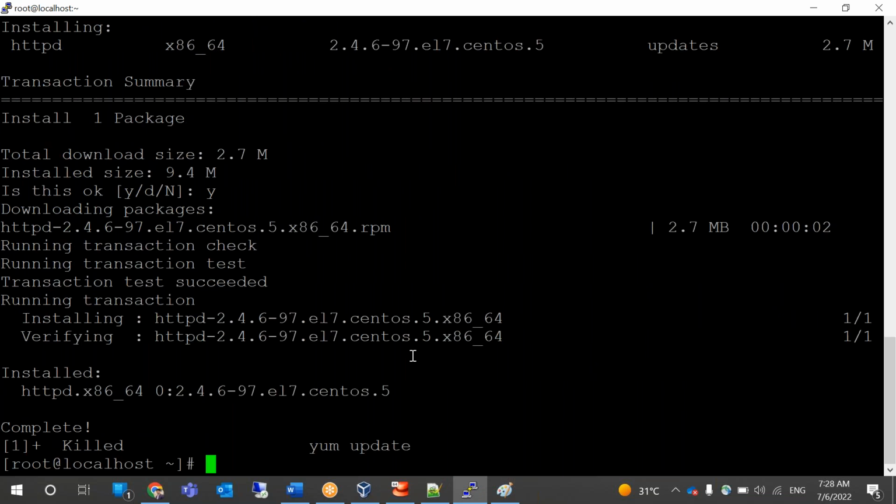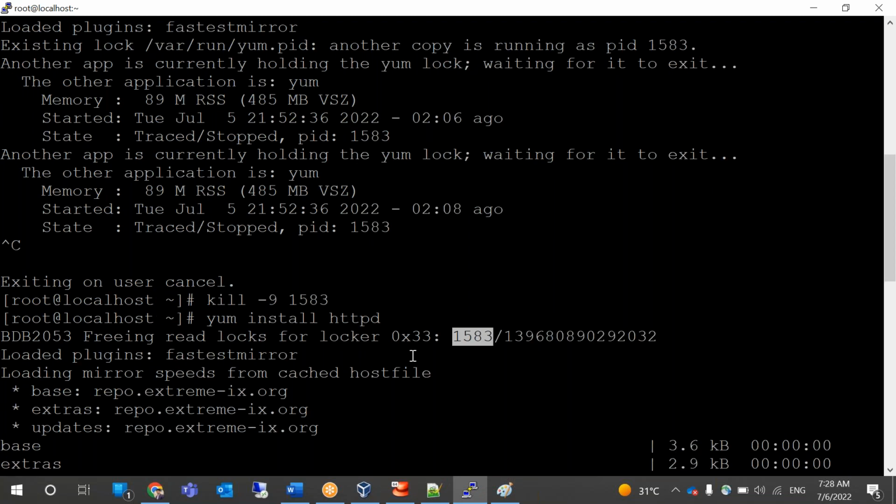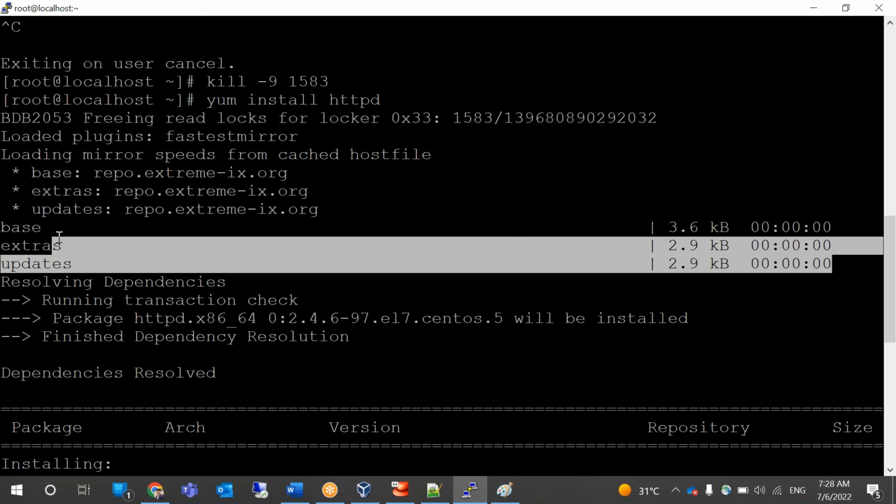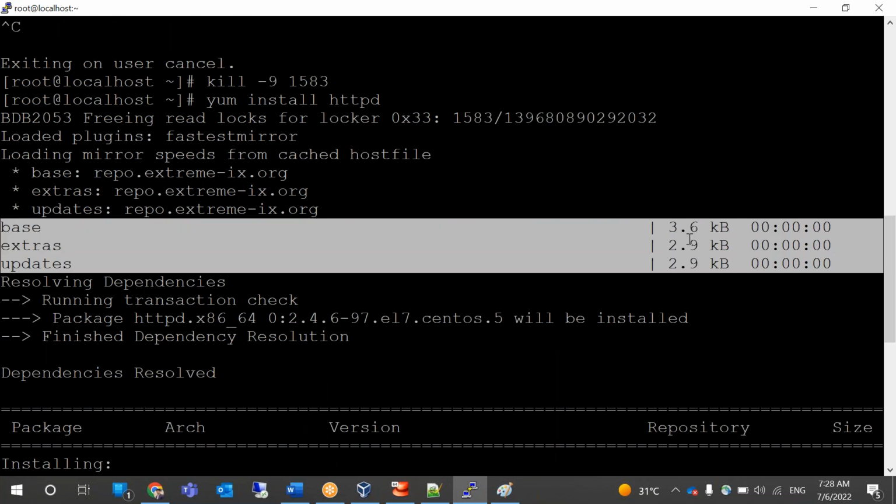Actually, here it looked at whether we have any difference in the metadata or not. If there is no difference in metadata, then it's not going to download. So it will see that we already have the metadata up to date from the server. After that, it's going to